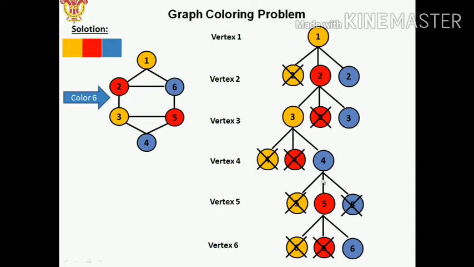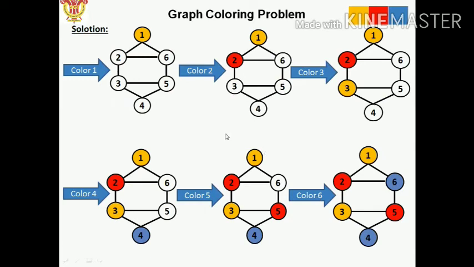So we are using this backtracking approach so that we can get other solutions. There must be some other feasible solutions also, because we have discarded some trees. We didn't explore this path, this path, this path. If I use blue color here, the configuration of this one will be changed. The colors will be changed. So in a nutshell, this is the example given. This many steps we required to fill the colors.